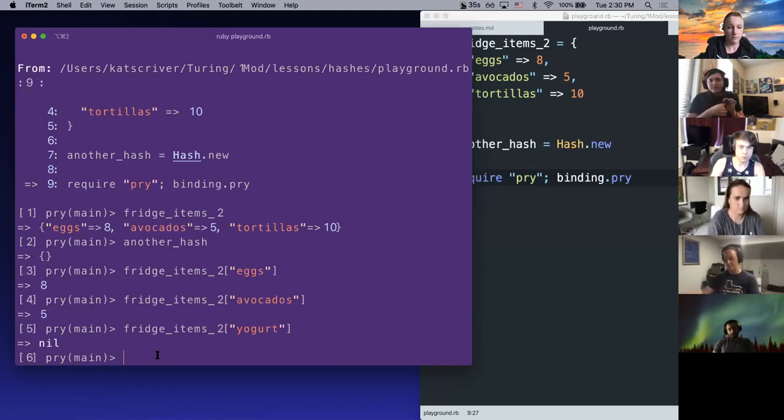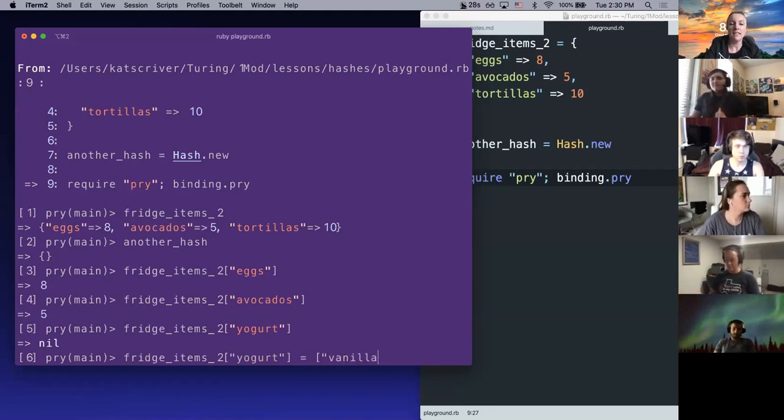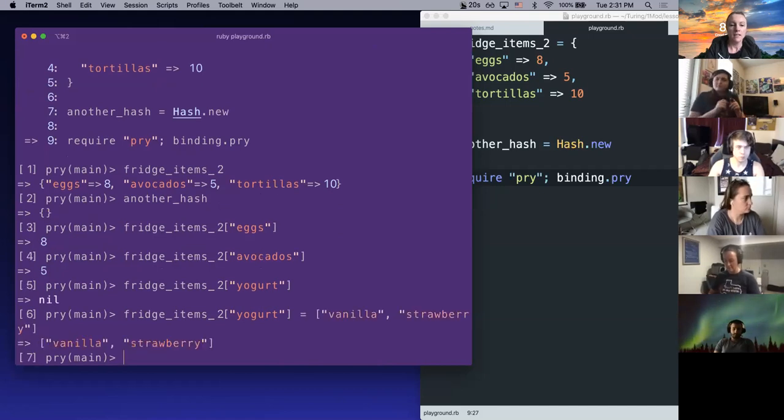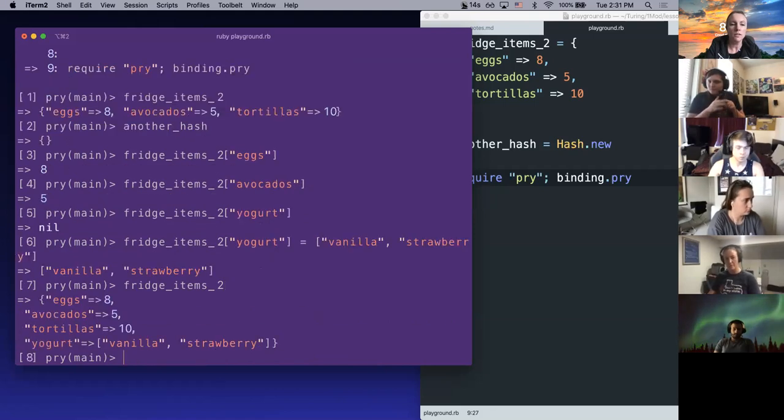Okay, so query that again, and then set it equal to the array. Awesome. So we could do like vanilla and strawberry, strawberry, right? Cool. And now if we look at our fridge items 2, we'll see that now we have key value pairs